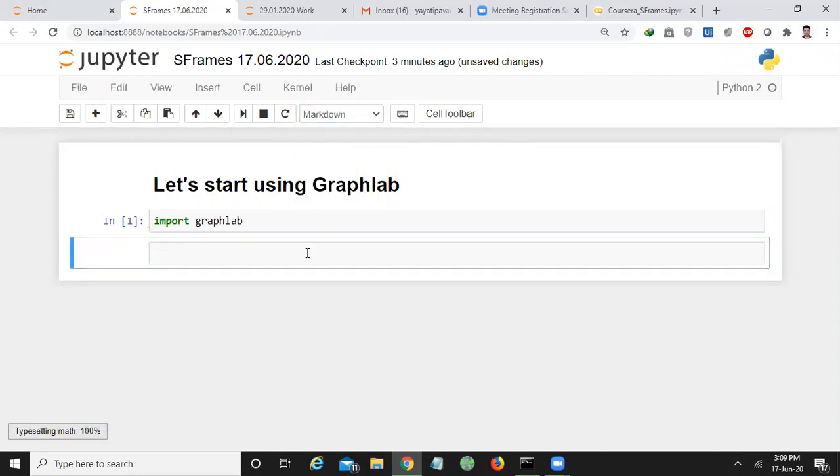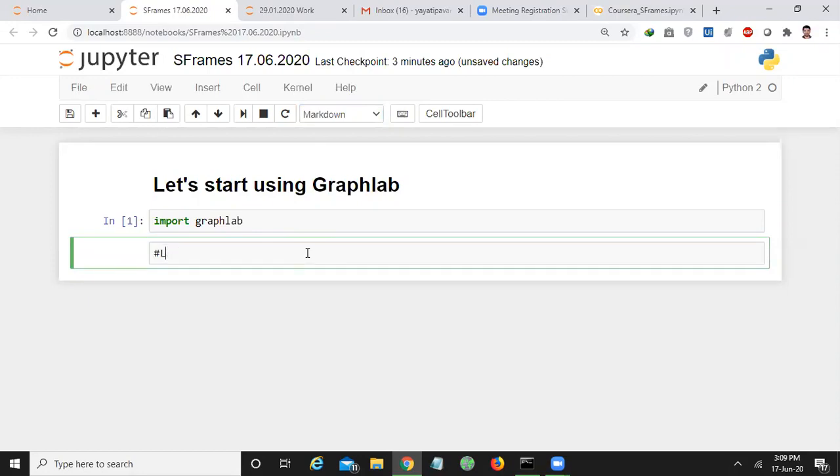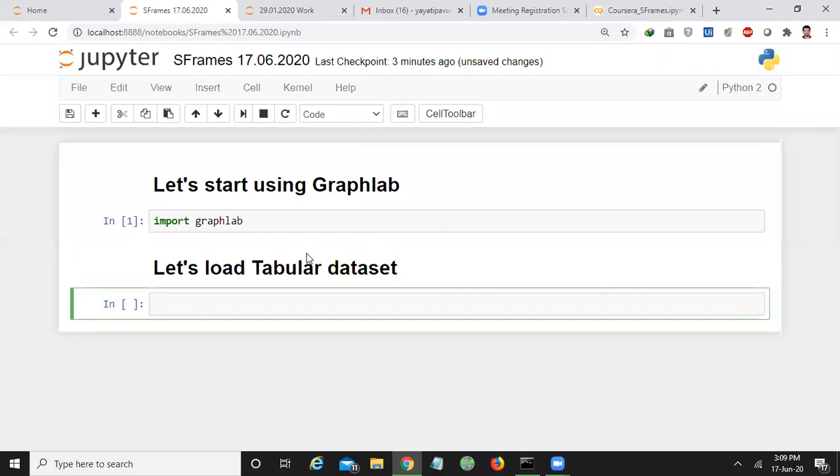Okay, now let us load our tabular data set. I want to create another markdown. Let's load tabular data set in it. So there we create data frames. Here we'll create S frames. That's why you have to use SF as a variable to understand.